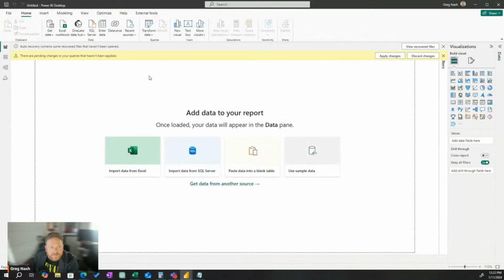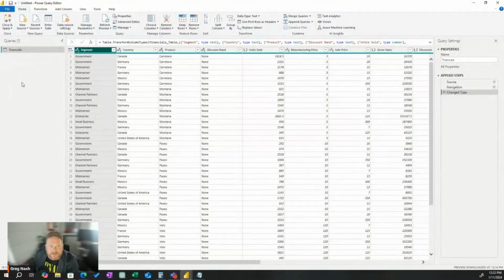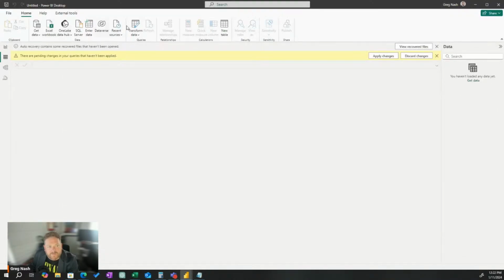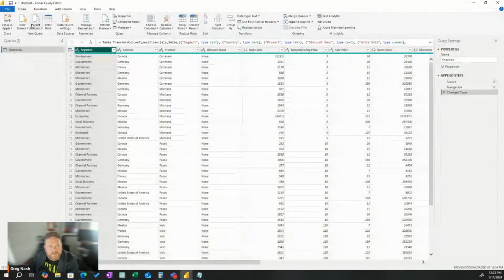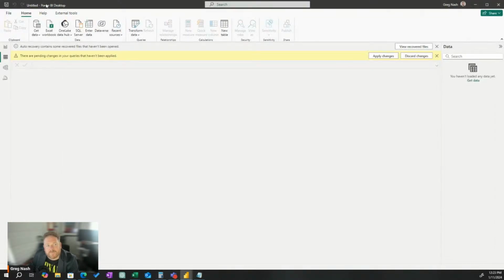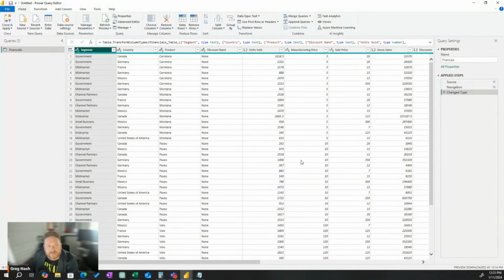There's this and there's a table view, right? And this table view looks really similar to Power Query, and they've got a different ribbon. So you have to look for the close and apply button to know where you are. Also, I noticed this has a dark bar at the top and this has a light bar at the top. Maybe they've done that to make a bit of differentiation. Anyway, there you go. So we're in Power Query.